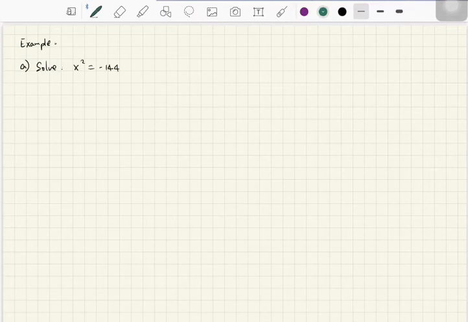On my scratch paper, I'm going to think about which number squared will equal 144, which I know is going to be 12. And because it's negative 144, I know that my answer is going to be 12i. Because